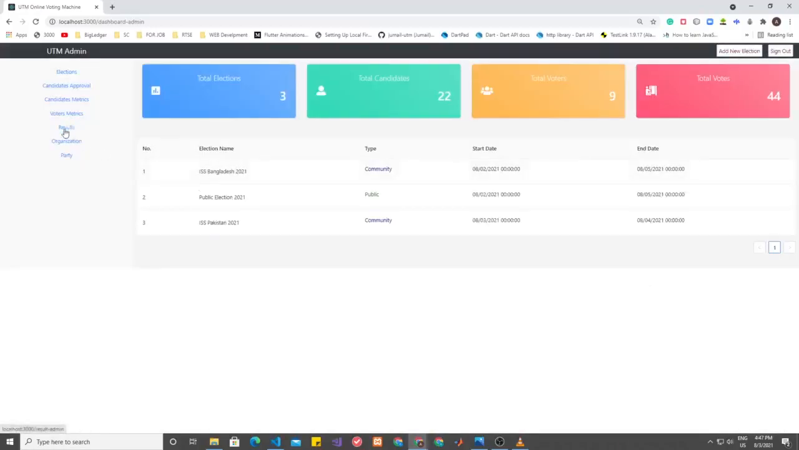So next one is the result. After finishing the election, the result will be displayed in the system. If the election is not finished yet, it will display like this. If we select a running election, the result has not been published yet. If we select a finished election, let's see ISS Bangladesh 2021,